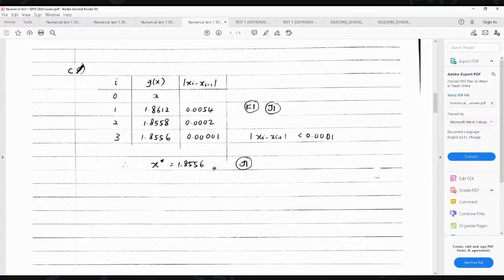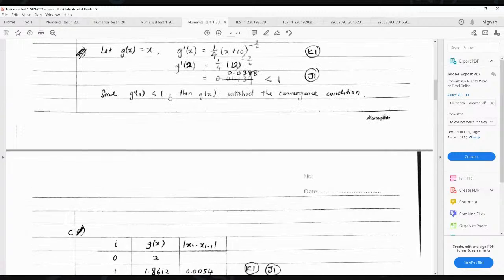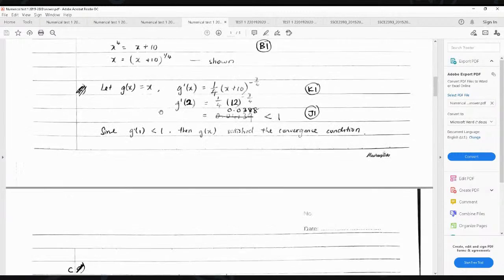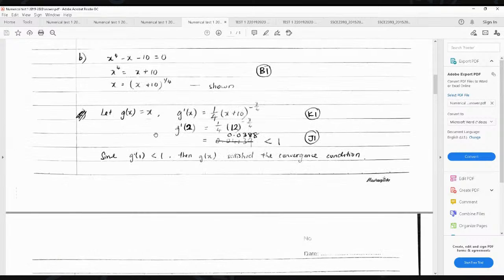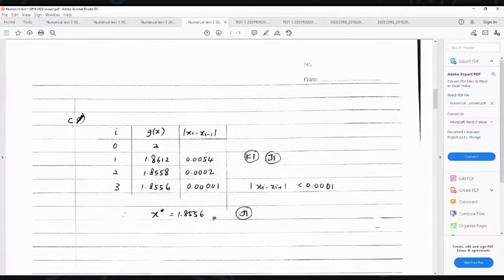Put x equal to 0. Use this formula: 0 plus 10 power 1 over 4, and then you will get x. This one is g; g is x. The second is again (x plus 10) power 1 over 4, 2 plus 10 power 1 over 4, which gives 1.8612. So you take the difference between the first iteration and second iteration, still